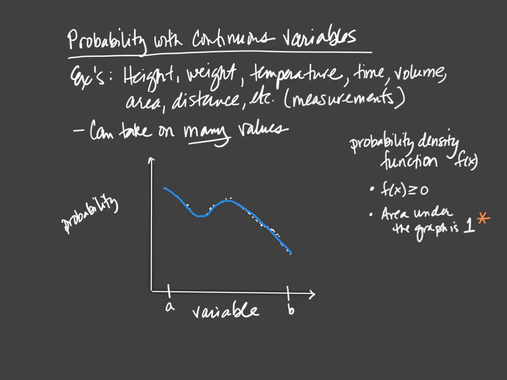But the one key thing that we talked about before is that if we added up all of those rectangles, their area would be 1. Or if we added up all their probabilities, their area would be 1. That same thing holds here. If I calculated this area for this function, that area under that graph has to be equal to 1, because what are we adding up? All of those individual y values are probabilities.